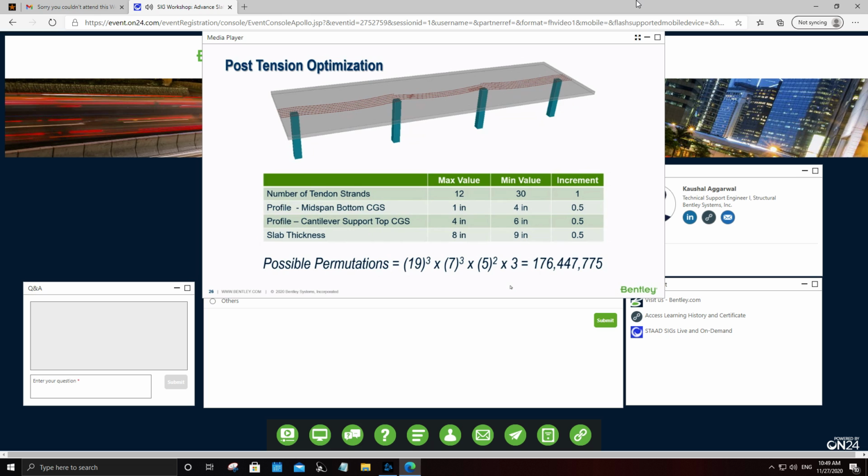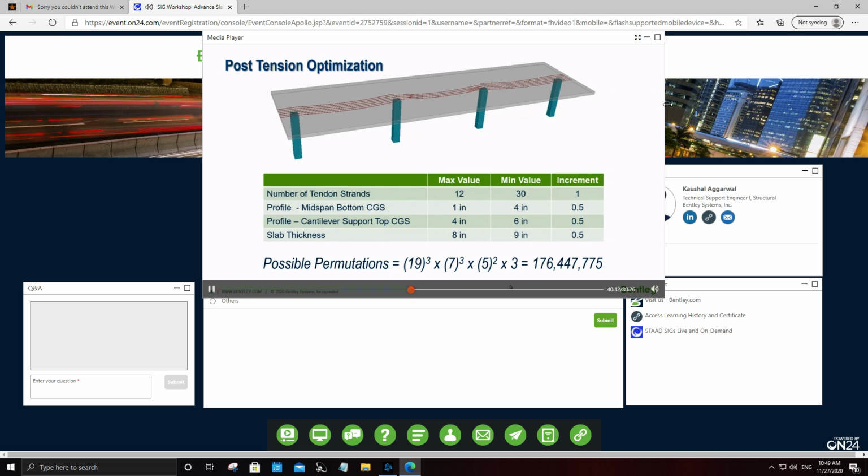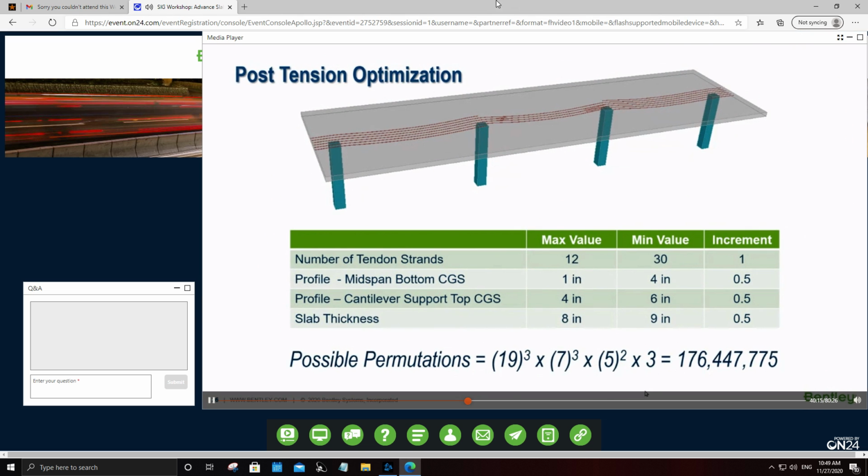But the question is, which is the most economical design? So here on this slide I'm considering a very simple slab with just 3 spans and 2 small cantilever portions. Here you can see that I can vary the tendon strands from a minimum value of 12 to a maximum value of 30, with an increment of 1. And I can even vary their